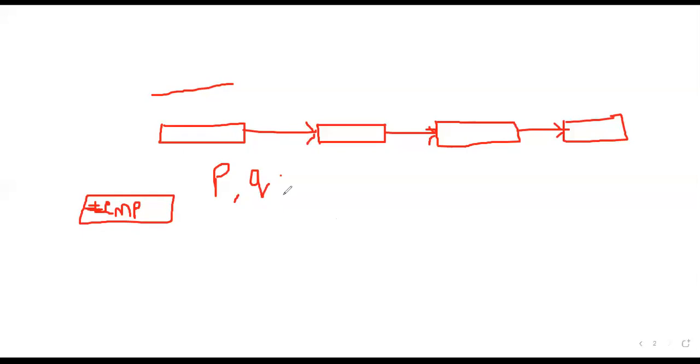So with the help of these variables P and Q,